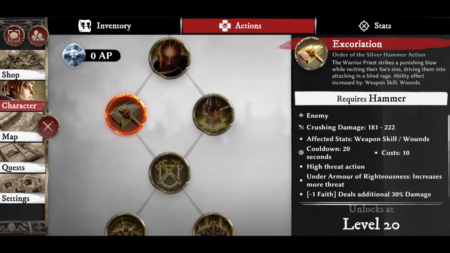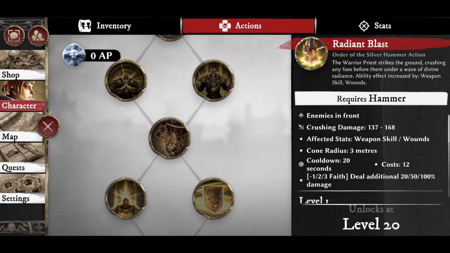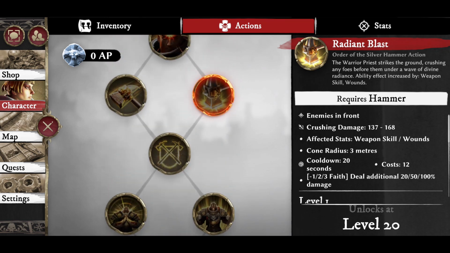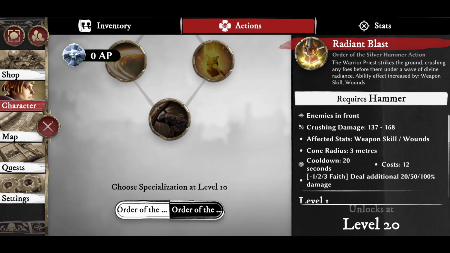Order of the Silver Hammer helps to shield allies from enemies with taunts, crowd controls, and defensive buffs. This is the second of the 2 tanks. He again is not a great DPS class, but he is very hard to kill. You are going to want to be in a party with him when using him, as he is better suited